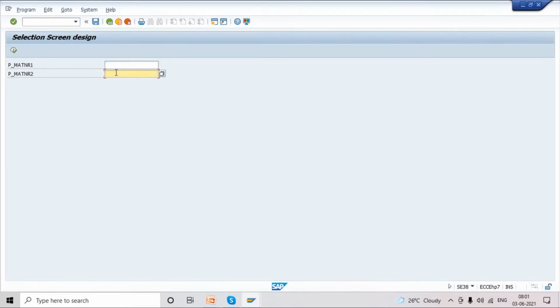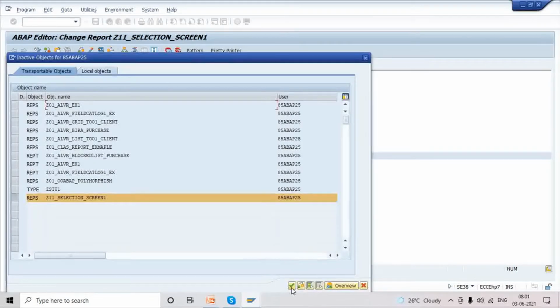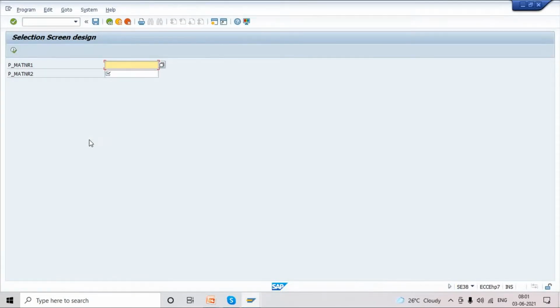No difference, sir. So I'm adding a keyword here before the full stop: OBLIGATORY. Now you see the difference. Number 2 is mandatory now, a tick mark came.